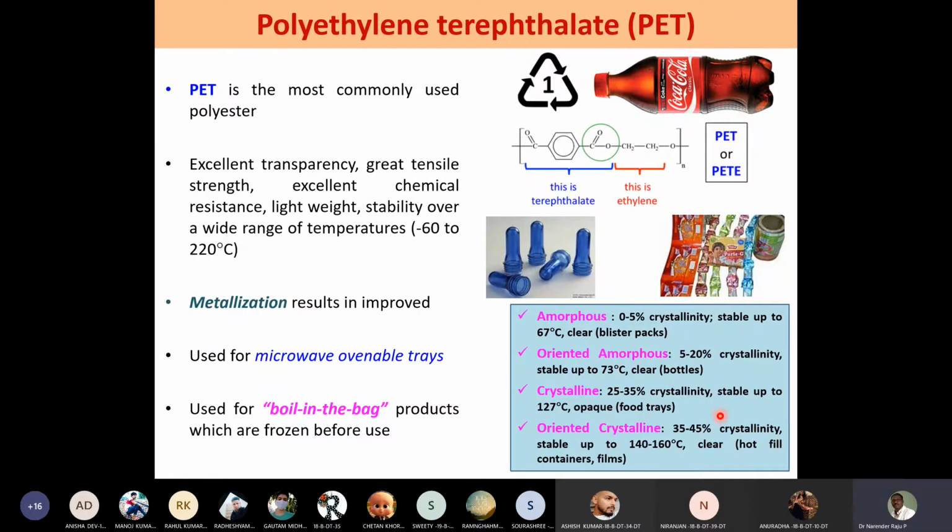When the degree of crystallinity increases, it behaves like a rigid material. So you might have seen plastics occur in the form of a film, which is flexible, and also in the form of a sheet, which is partially flexible or a bit rigid or tough, and containers, which are rigid enough or more rigid, which requires more force to break. The entire structural change is attributed to the degree of crystallinity in the polymer.